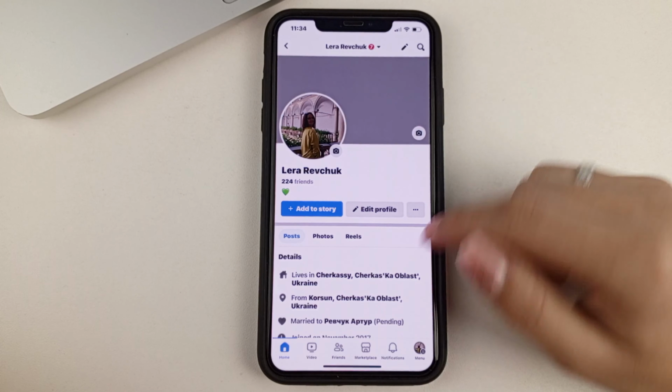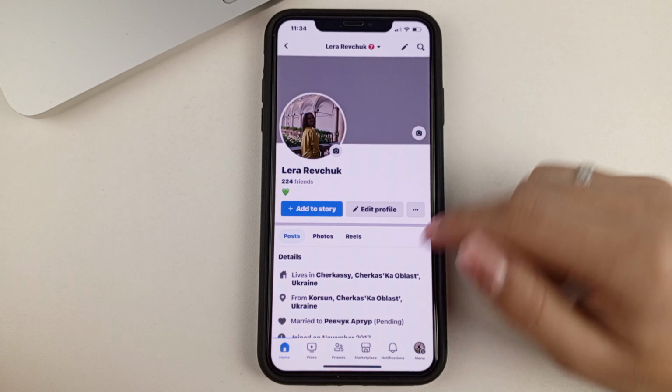Unfortunately, Facebook doesn't have a feature where you can post a photo or change your cover photo without anyone knowing about it. And the only option we have right now is to delete this post. How can we do that? To do that, above our photo, we find 3 dots and we click on them.